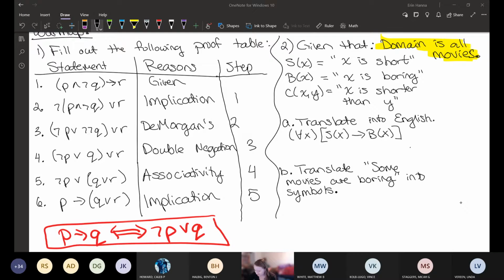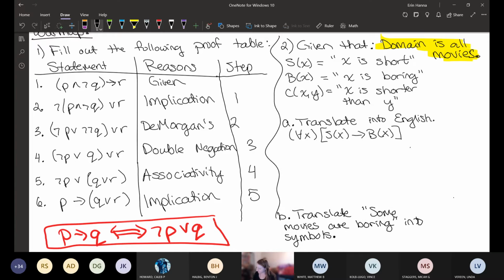All right. So given that the domain is all movies, S of X means that X is short, B of X means that X is boring, C of X Y means that X is shorter than Y, we've got to translate some things. The first thing we want to do is translate the following into English. So in kind of the literal English, we've got for all movies X, if X is short,